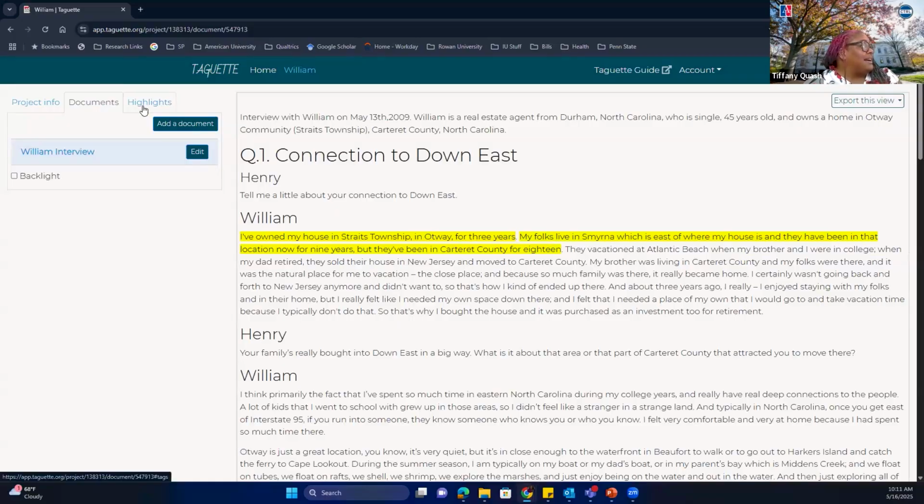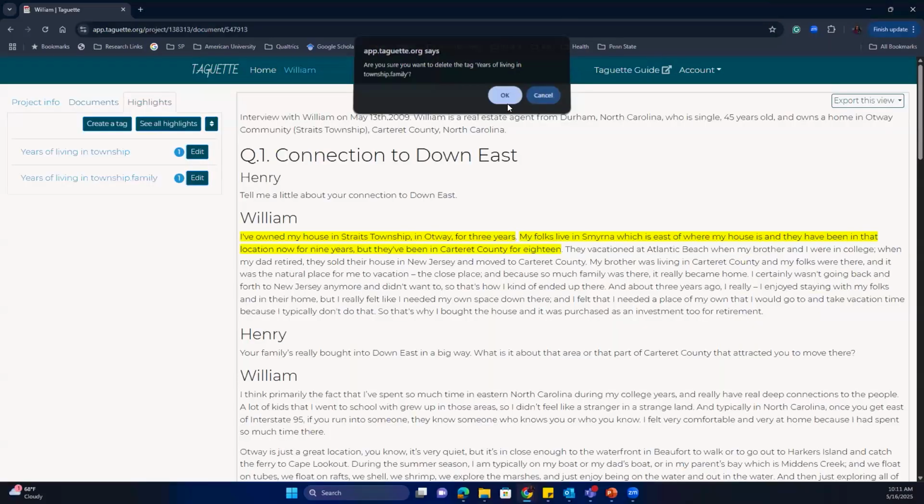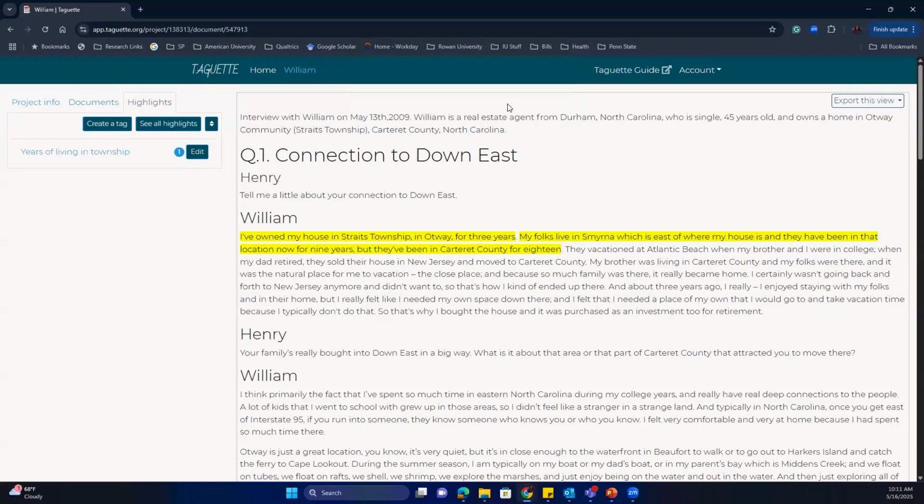What you'll have to do is go back to highlights. Let's say I want to remove this one right here. I would go to edit, and then I can go to delete tag. Gotcha. And then I'll hit OK. Yeah, really good question.